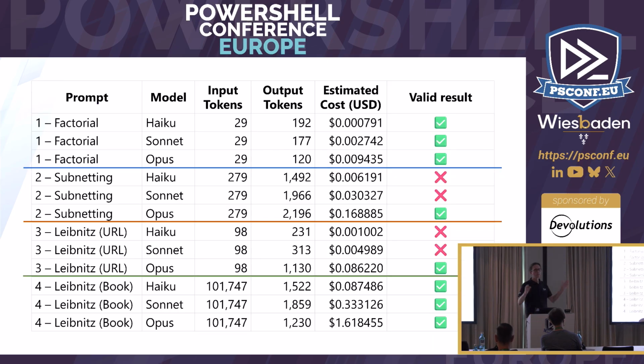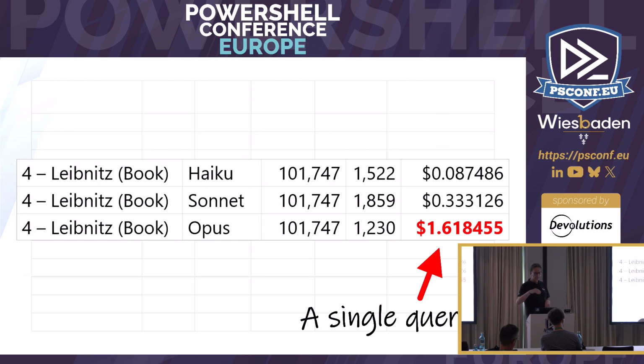First of all, factorial, every model can do that. I just limited, for demo purposes, to the Anthropic models that I showed you before. And subnetting is definitely way more challenging, as you can see here. Some things failed, but Opus did it. I have to confess that was Opus 4.6 when I first tried this, so it will likely happen that it can also solve this piece of the puzzle. Yes, and within Leibniz, I struggled a little bit, but if you only focus on the fourth item, where I created a prompt that included the complete text, which is a lot of characters,